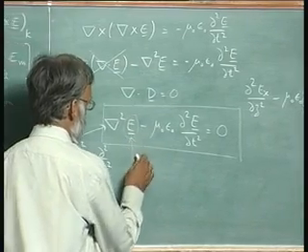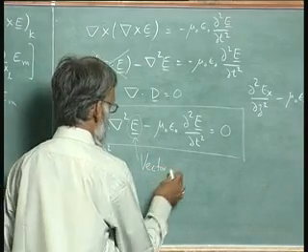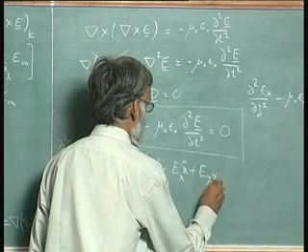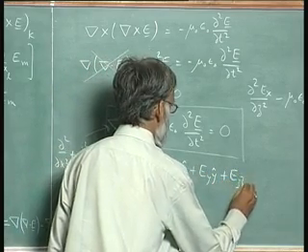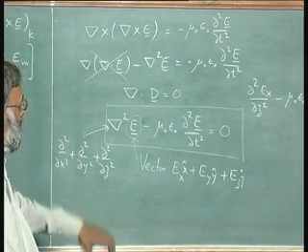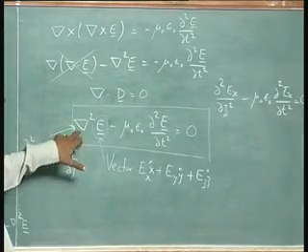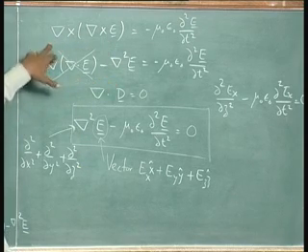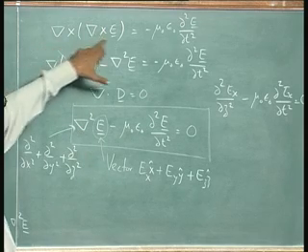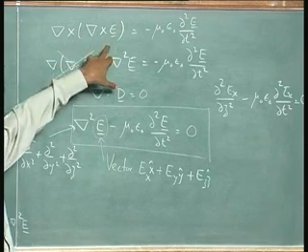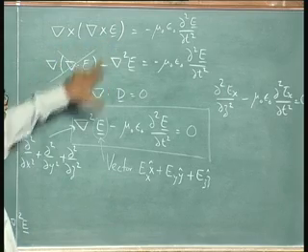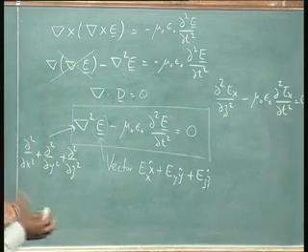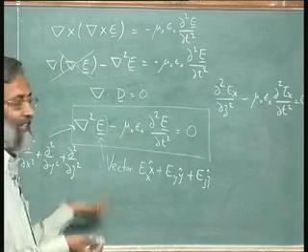This is a vector, which means it is E x x hat plus E y y hat plus E z z hat. Now, that is why we did a lot of algebra and got rid of this particular form. This is also a wave equation, this is also a wave equation, but this particular wave equation looks quite nasty. We do not quite know what to do with it, whereas this one looks sufficiently familiar to us after looking at this equation that we feel it is almost like the same equation.